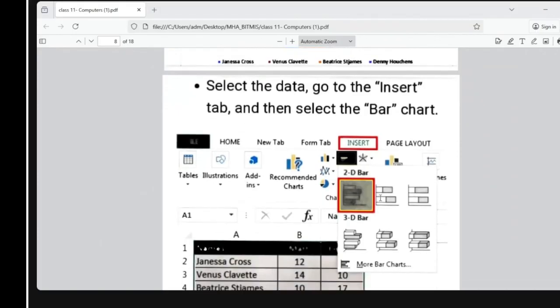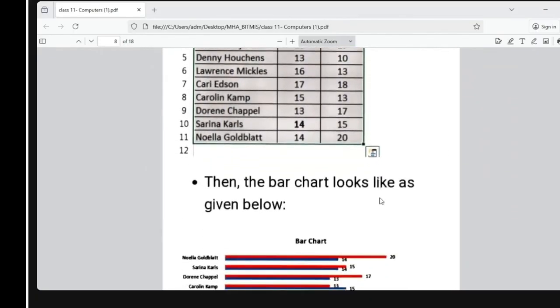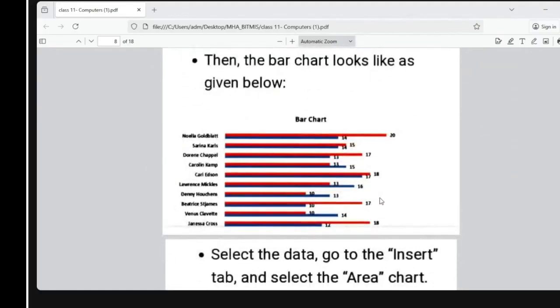In the same way, there is a bar chart also. Select the data, go to the insert tab and select the bar chart. See the bars. This table will again be converted into a bar chart. Columns and bars are different. Columns are separate from each other.